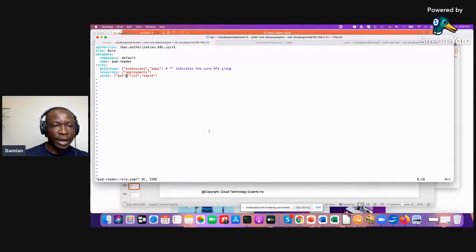In the pod reader here, we have extensions and apps, and then we have deployments. Let me add pods here. Let's add pod. This is where you specify your resources. If you want a lot of resources, you need to put all of them here. Okay, so pod. And a pod is within